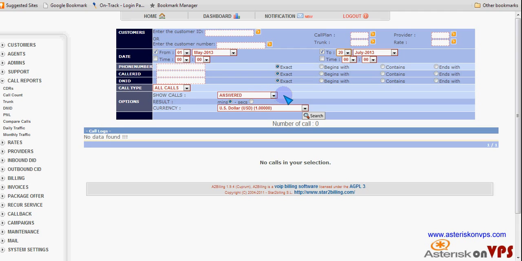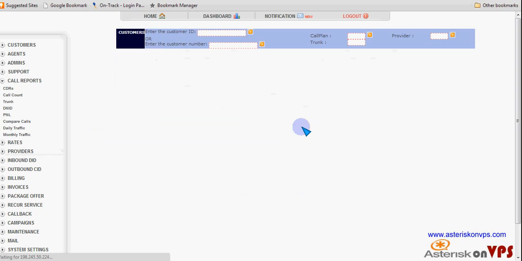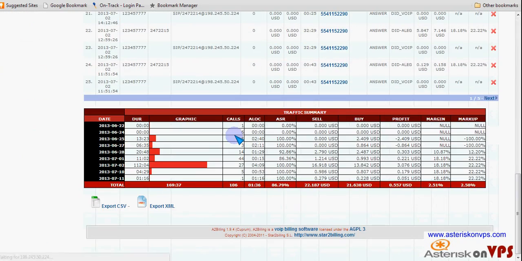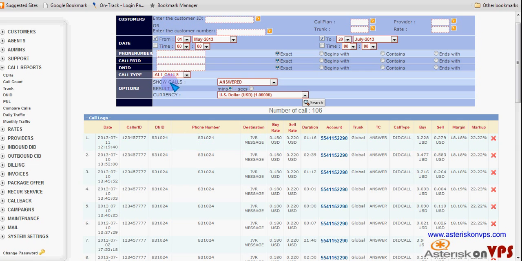what type of calls do you want? Maybe in your case you just want answered calls, not all the calls, right? Answered calls. But if you want to check also the calls that didn't make it, and you want to find the reason why the calls didn't make it, then you'll have to go to not completed calls or congested calls or just all calls, so that you can see every call. Okay, so now we are interested in answered calls. Then you can do a search here, and then you get all the calls from the date that we mentioned,